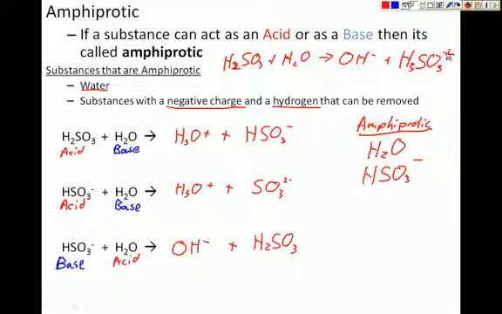Now this is positive right here, and it can't do that. It can't accept another proton. There's nowhere for it to really attach to here. So H2SO3 can't be accepting protons,